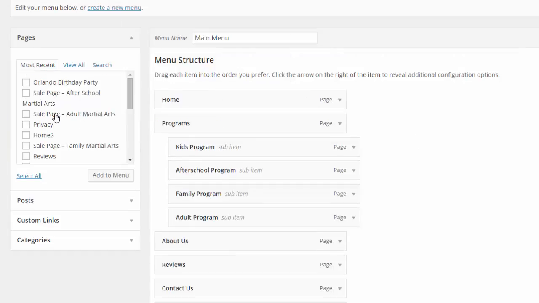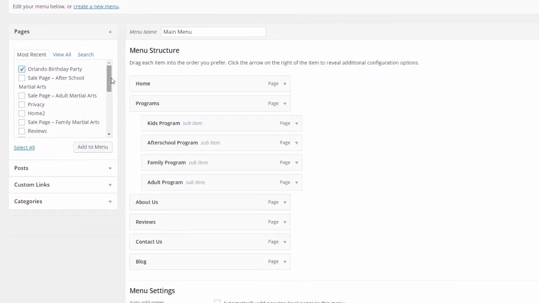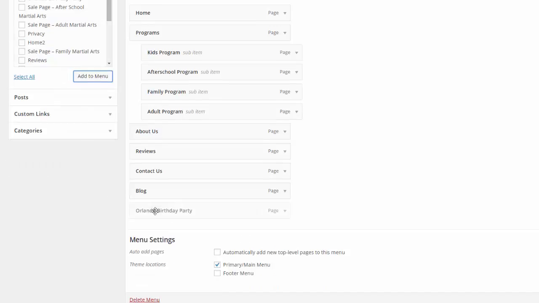Very, very easy. So on the left-hand side, and look, Orlando birthday party. There's my link, right? That's the page I wanted to use. You can also insert posts or custom links or categories into your navigation. But for now, I just want to add this page, right? So Orlando birthday party, click, hit add to menu. If the page you're looking for does not show here, by the way, you see it says most recent, right? I can click view all, and it'll give me a list of all of my pages, every page that's created in my installation. So Orlando birthday party, hit add to menu,